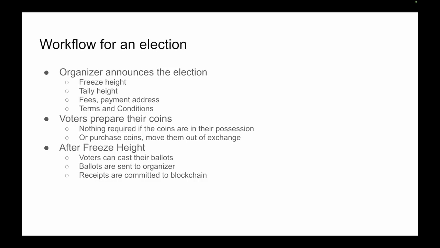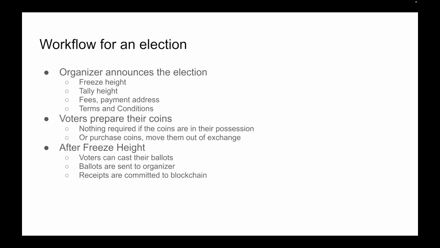So at that point, it means that the voter cannot say, "Oh, I voted, but you lost my vote. You cheated, and even though I sent it to you, it's not accounted anymore." By the fact that the receipt is on the blockchain, both organizer and the voter can see that